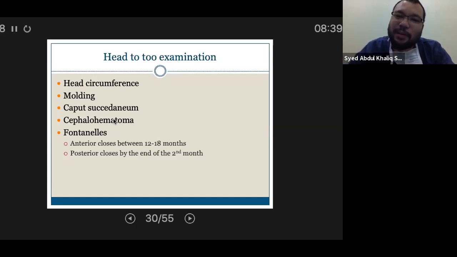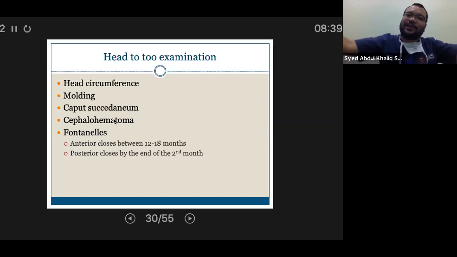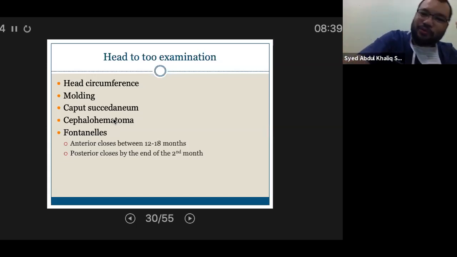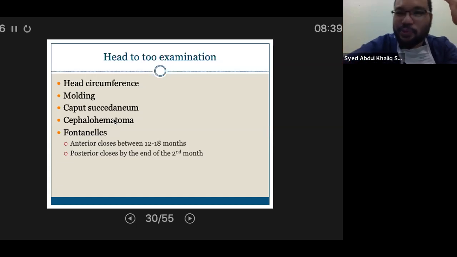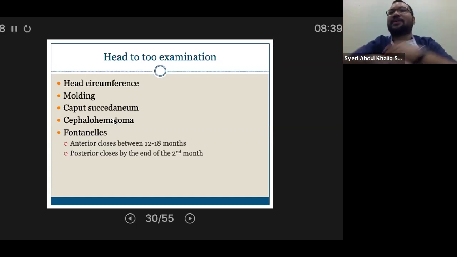But in subaponeurotic hemorrhage, the space is actually continuous throughout the whole body. From the head, it can bleed down to the toe. You can bleed into the anterior abdomen and so on and so forth. So it's a huge potential space at the subaponeurotic area. And it is a venous bleeding. Subaponeurotic hemorrhage is a venous bleeding.